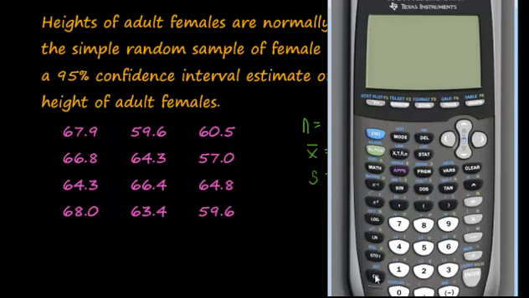Alright, so recall that we go to Stat and Edit, and then we want the first function here, which is also Edit, and we're going to put our data in a list. 67.9, enter. 66.8, whoops. 66.8, enter. 64.3, 68.0, and it won't put the 0, that's okay. 59.6,